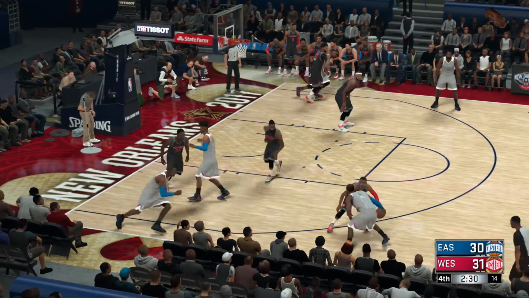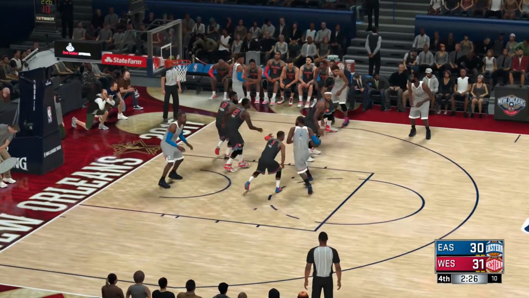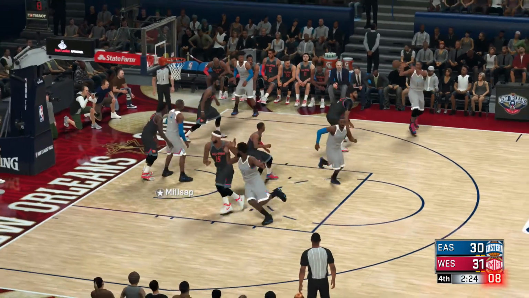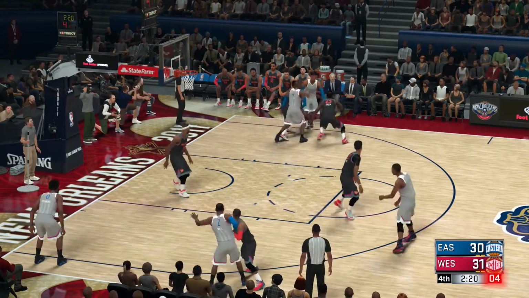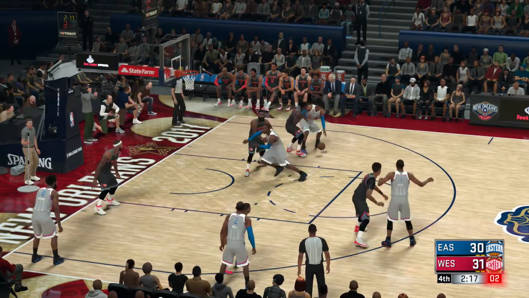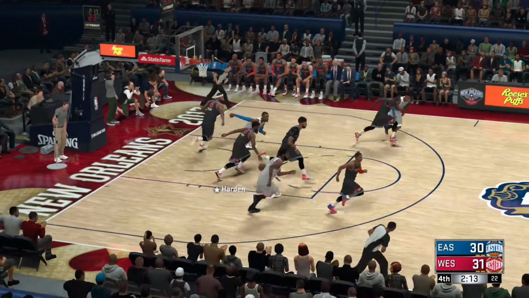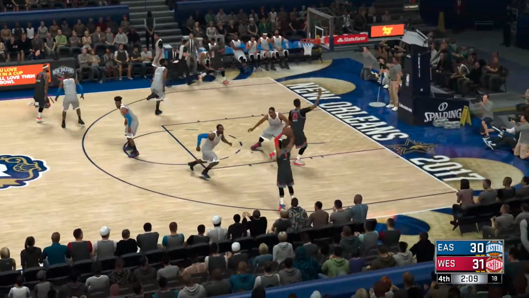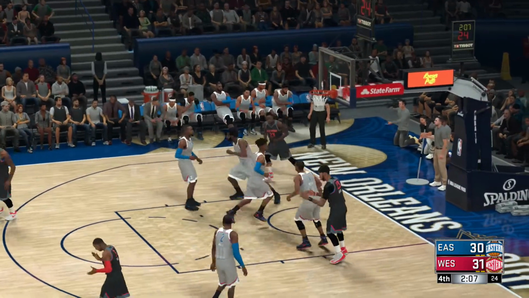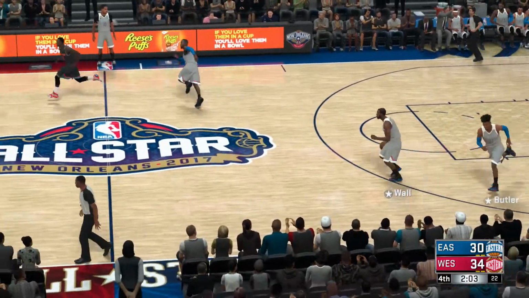Outside, Wall. Millsap a screen. Wall passes to Millsap. The kick out to Bosh. 5 on the clock. Butler with the ball. Now Green defending. Lets it go from 14. The shot missing. And he's just a tough defender. Good positioning to get after that shot. Did a good job guarding the mid-range. Extended out nicely and definitely bothered the shot.